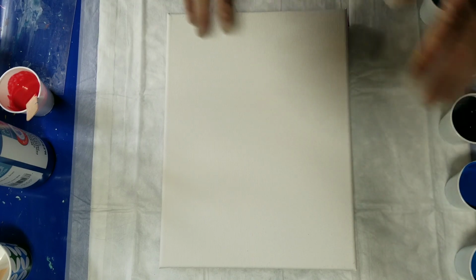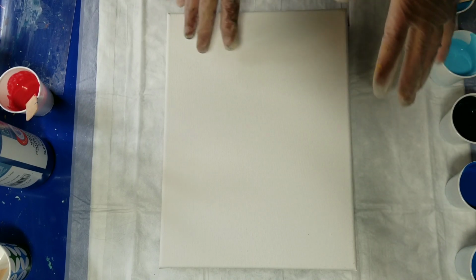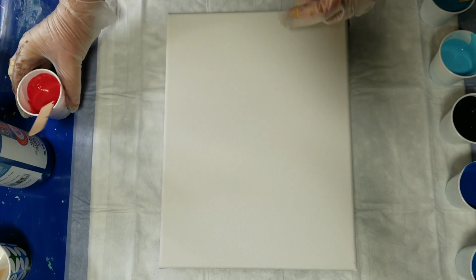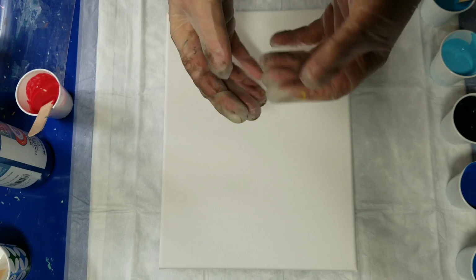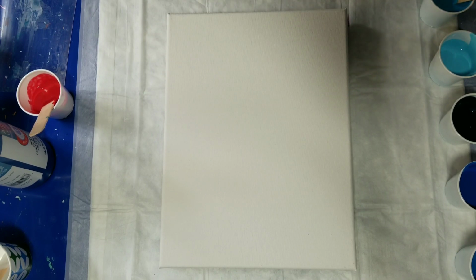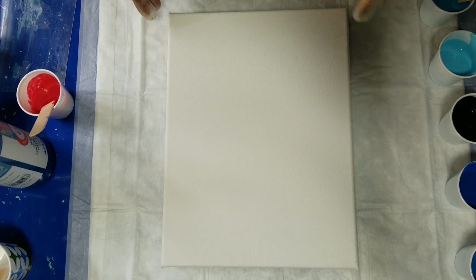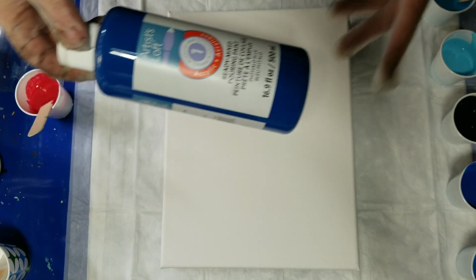So my idea today was to do blues with a red as a swipe color. I love the way blue and red just vibrate next to one another, so I thought it would be fun to try that. I'm just using a small 9x12 canvas, and I'm just using Phthalo Blue,